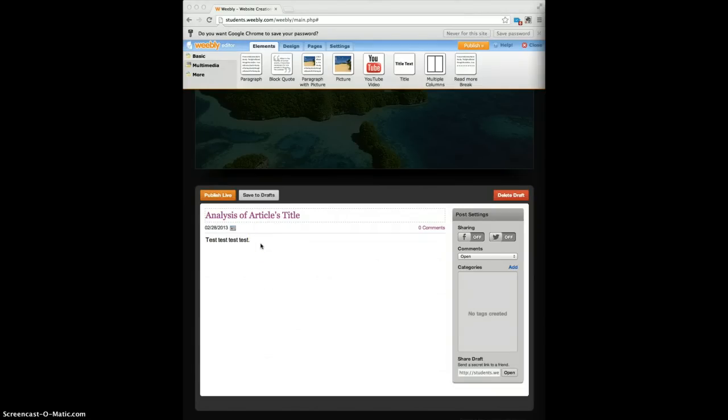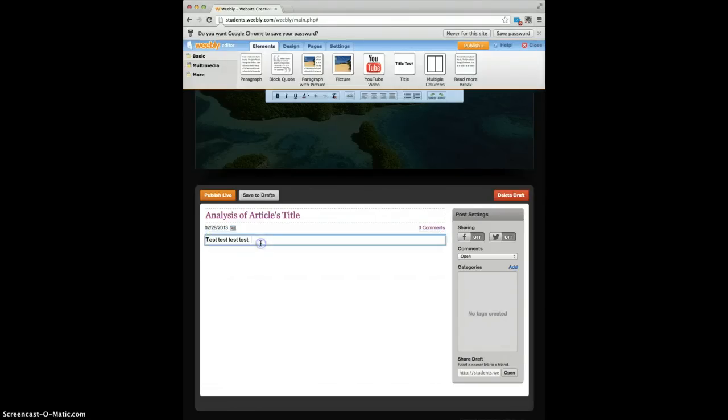So what if you would like to alter the way the text looks? Well, that's really easy. Just click on the text and the toolbar will come up, and anything that you would like to do with the text is right there. You can center it, you can align it to the left, you can make it bold, you can change the color, you can make it bigger and smaller. You can even